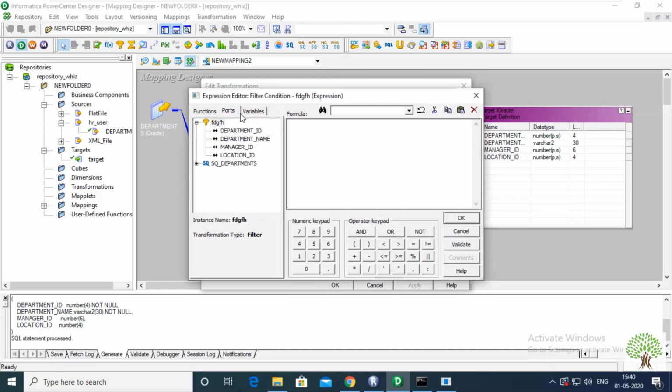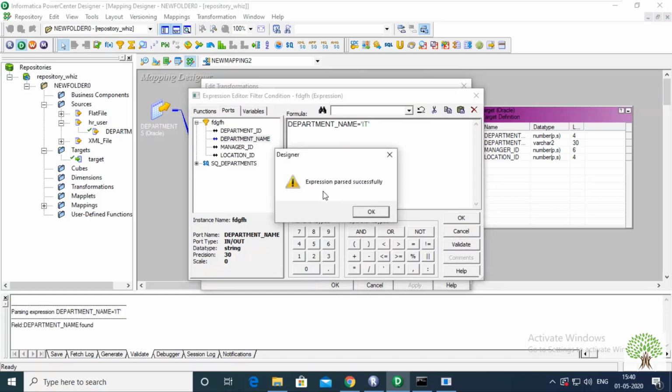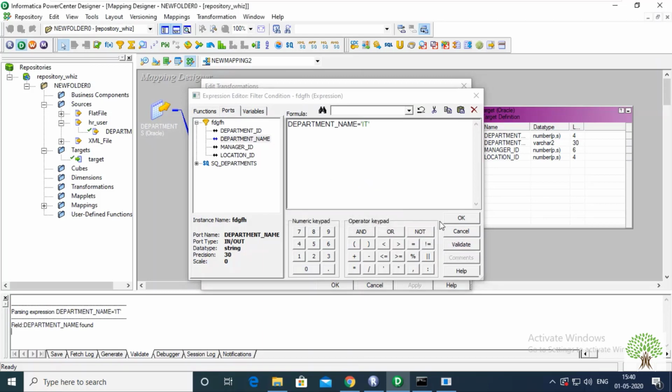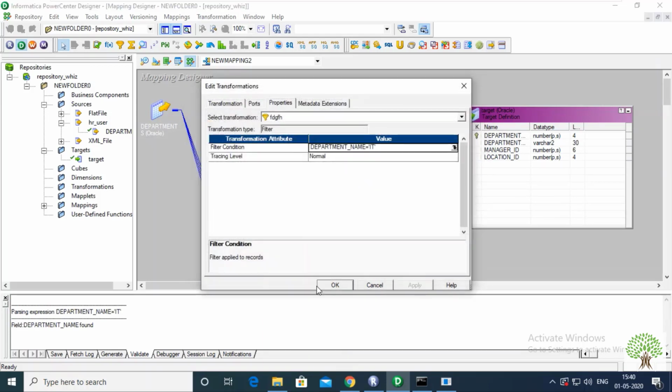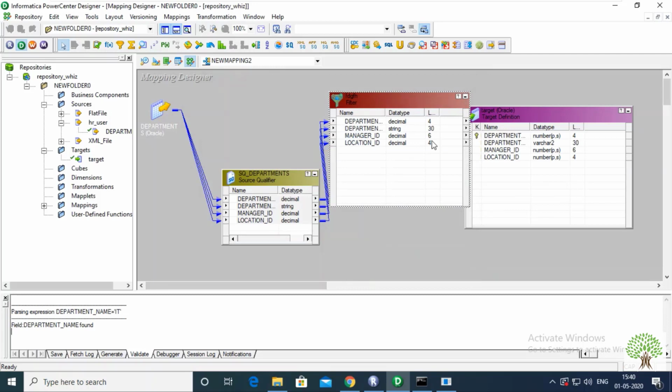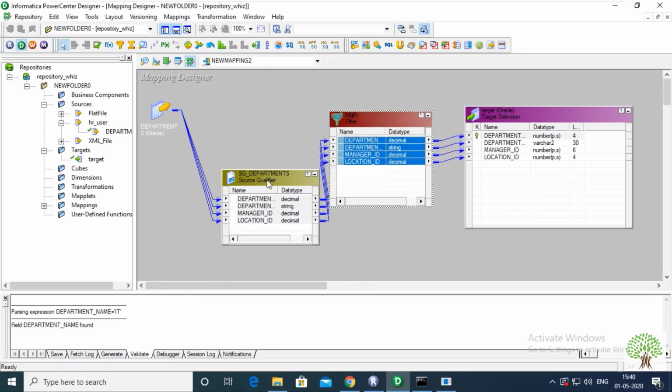What condition do I want to provide? Wherever the department name is IT, I just want to select those records. So the expression is passed successfully. Okay, apply and done. Now I just need to grab all the records and put them in my target data warehouse, or a target area.